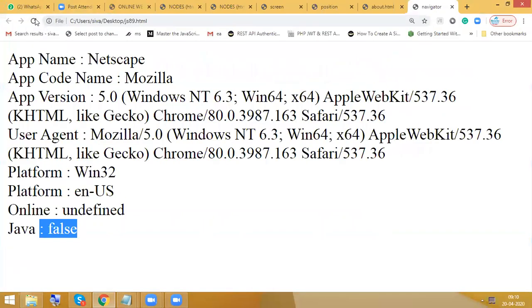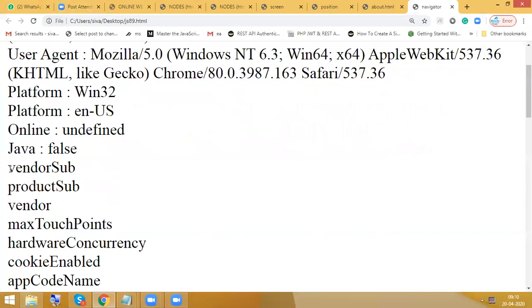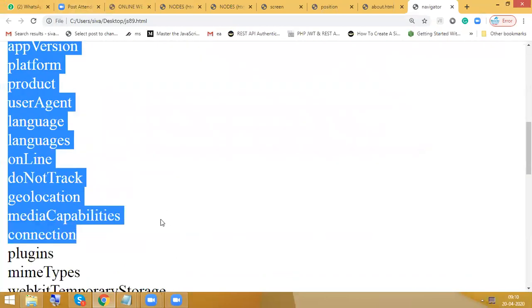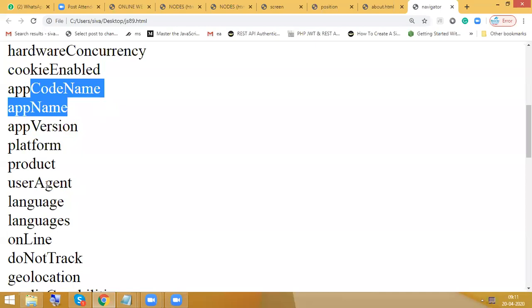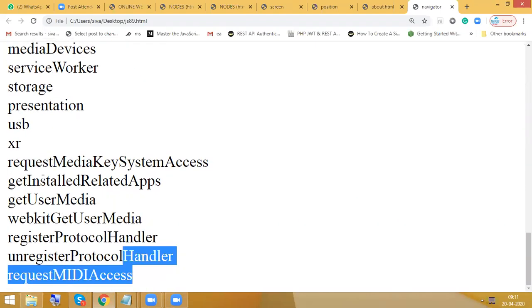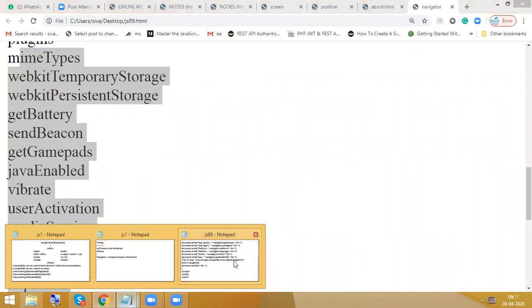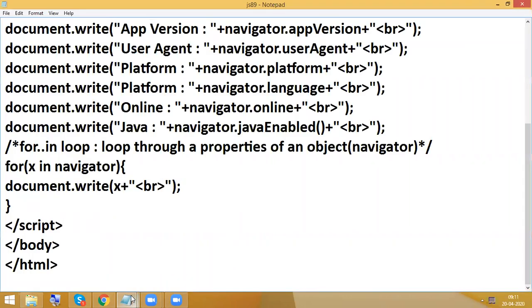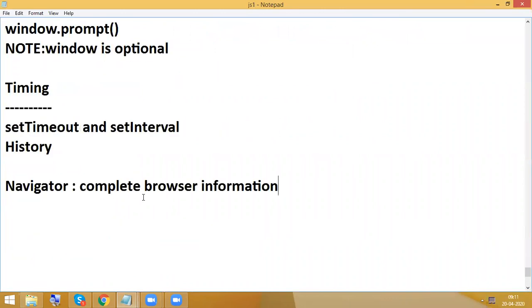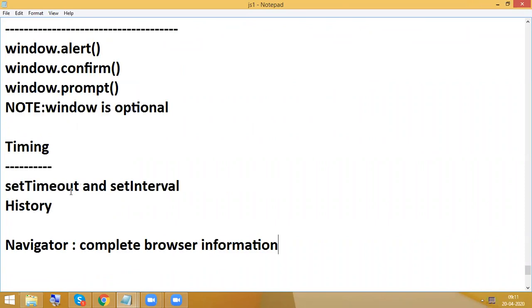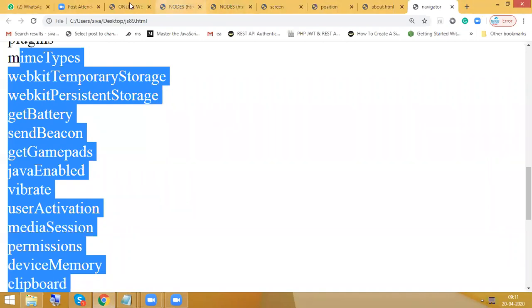By seeing the list of the properties, you will have an understanding. So many things are there. It's purely a dynamic or technical thing, how many properties we are having. In this, I just blindly showed userAgent, language, platform, appVersion like this. We are having so many. Are you getting that? Okay. So it includes complete browser information. So next, what else? That's it. Timing we already completed. All these things come under what? BOM, the browser object model.